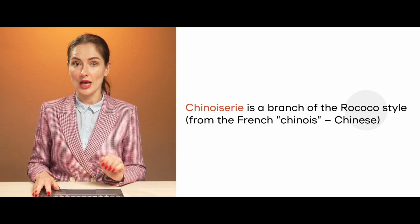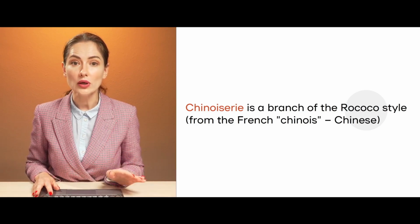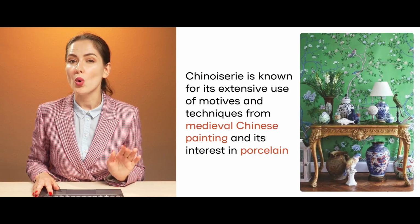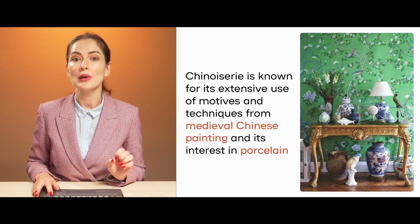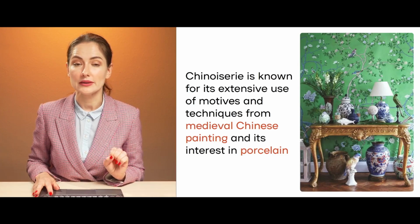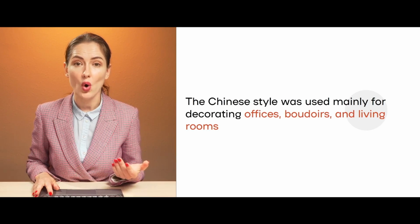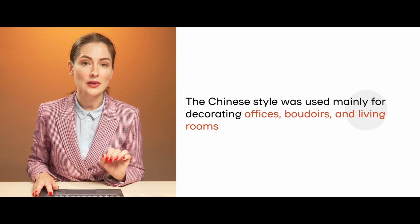Chinoiserie is actually a European interpretation of Chinese aesthetics. The word comes from the French chinois, meaning Chinese. Chinoiserie is known for its extensive use of motifs and techniques from medieval Chinese painting and its interest in porcelain. It was especially popular in decorative private spaces like boudoirs, offices, and living rooms, adding a sense of exoticism and